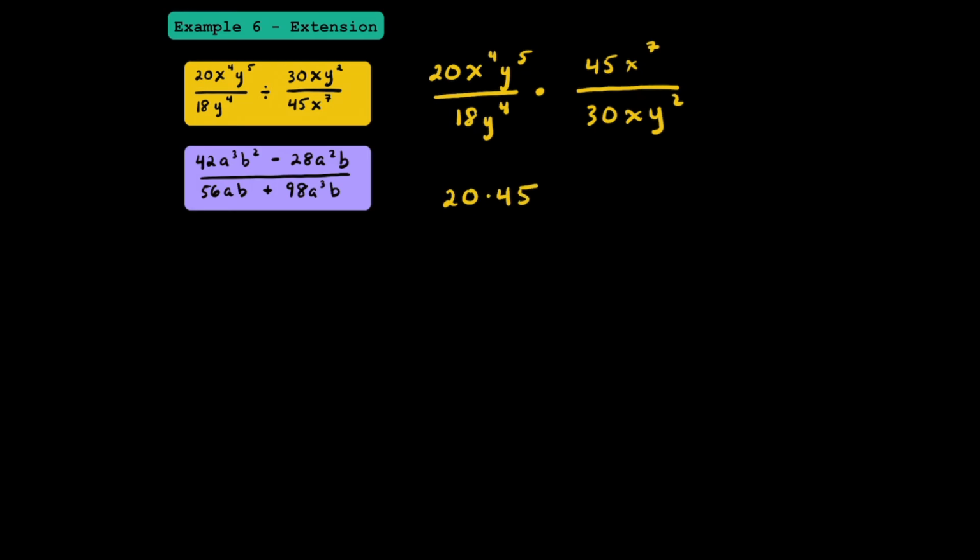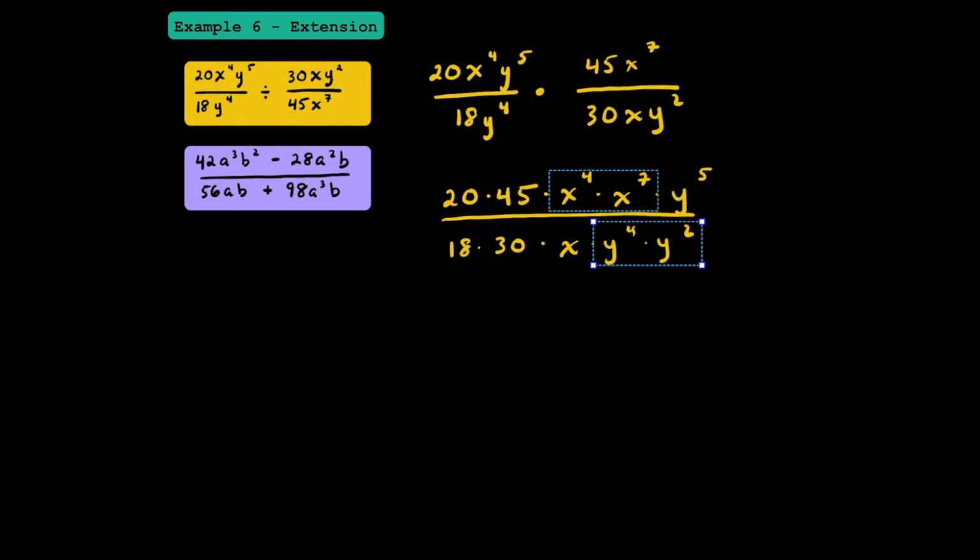We have 20 times 45 times x to the 4th power times x to the 7th power times y to the 5th power. Underneath, we're going to have 18 times 30 times x times y to the 4th power times y to the 2nd power. I basically just organize this so our numbers or coefficients are in front and everything else in alphabetical